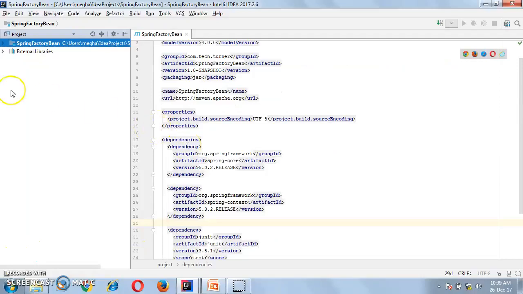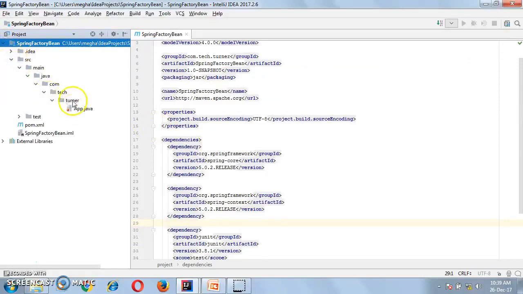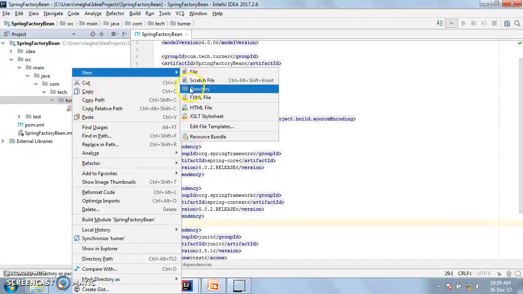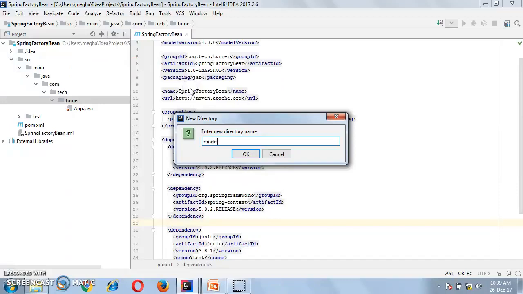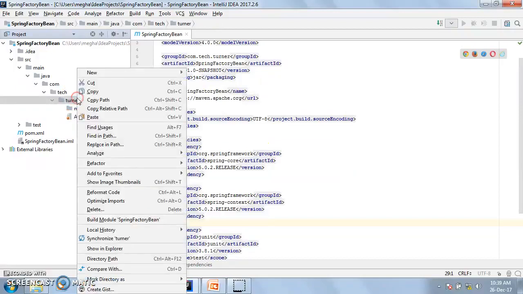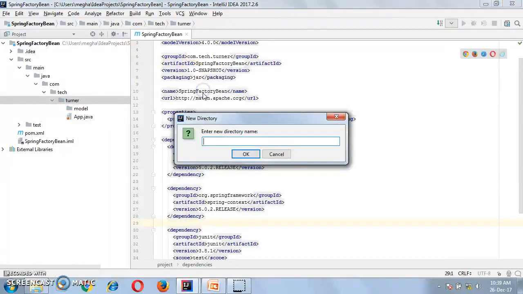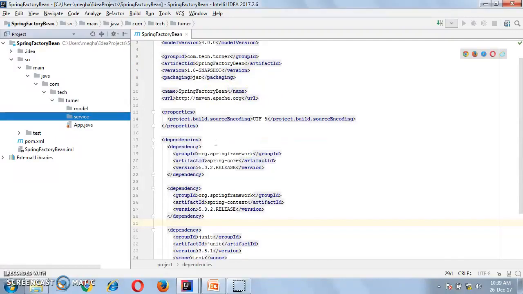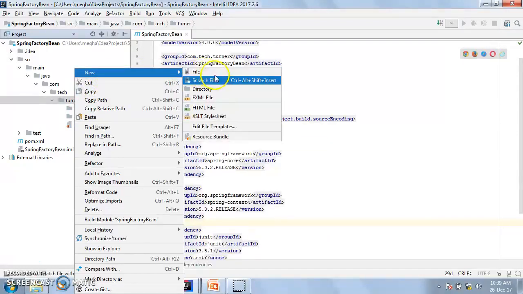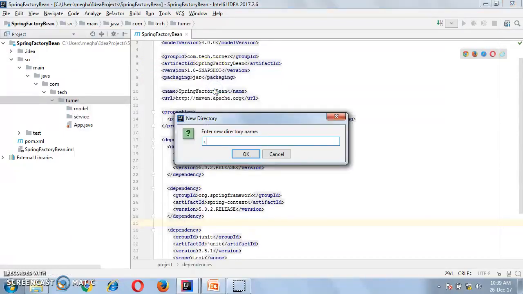Let's create packages and files. Go to source, main, and our folder structure. Go to new and directory. I'll create a model package. It will have the person model. Then create a service package. It will have the person service and our exposed interface. Then another directory for the client.